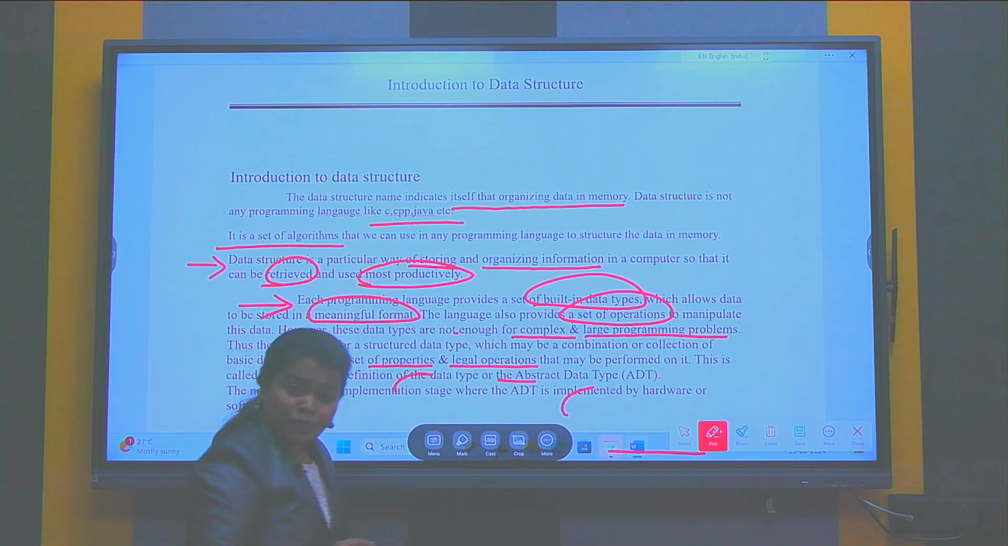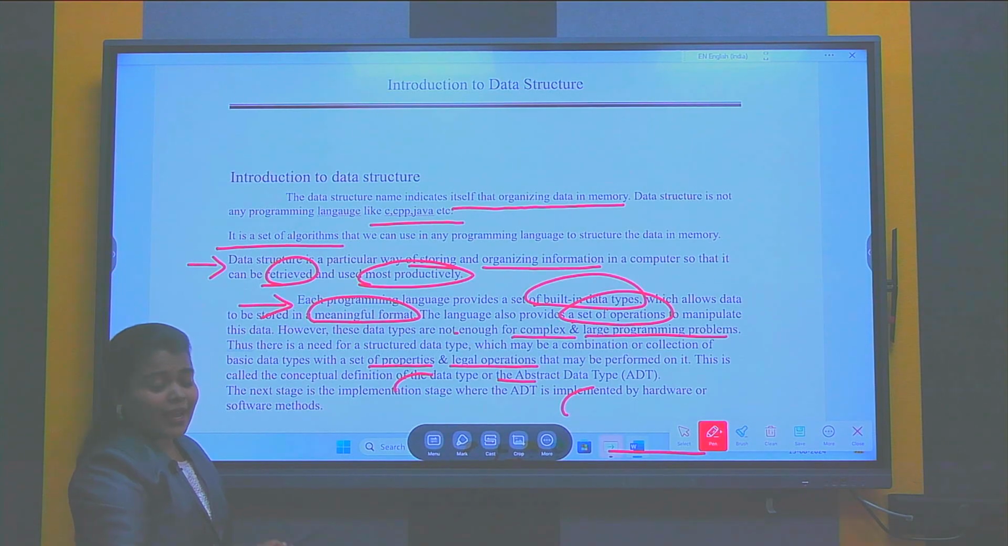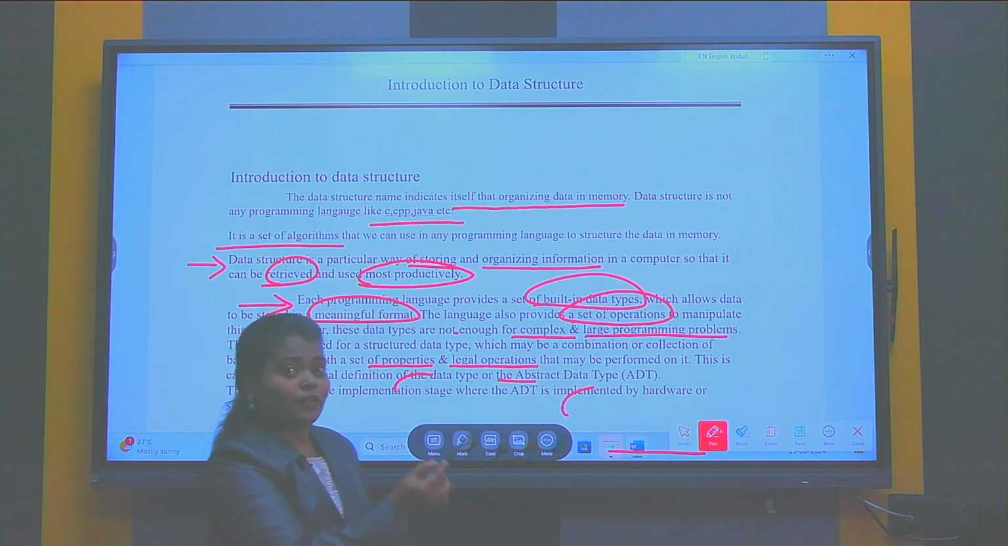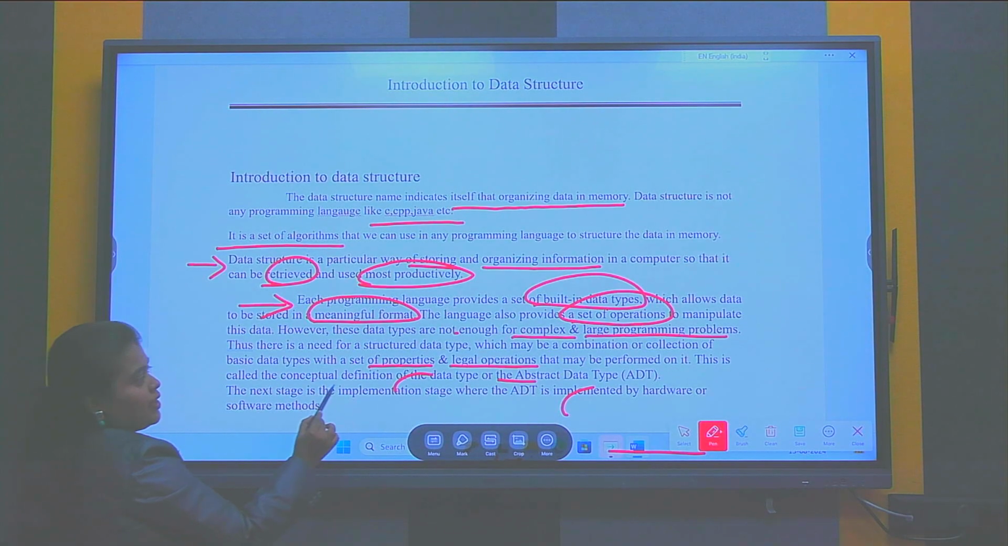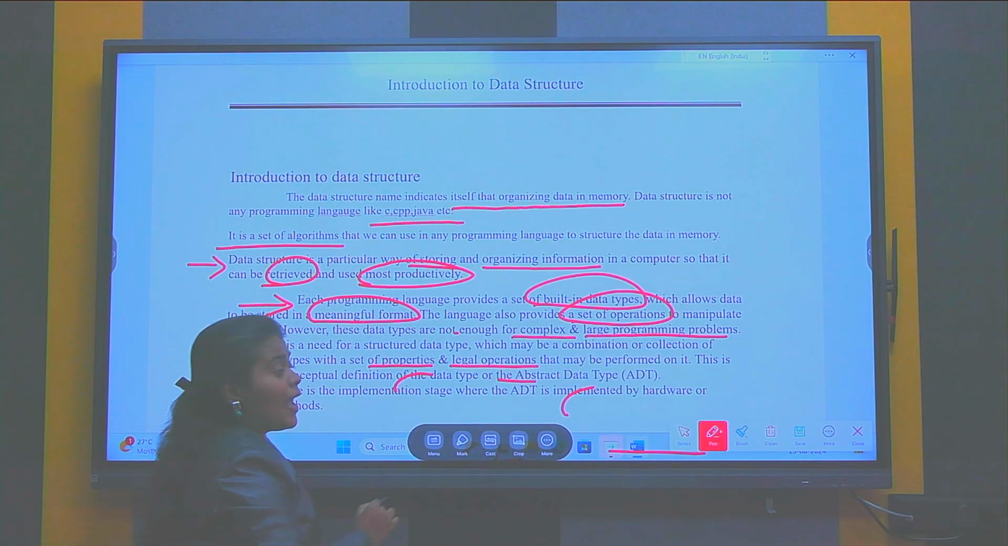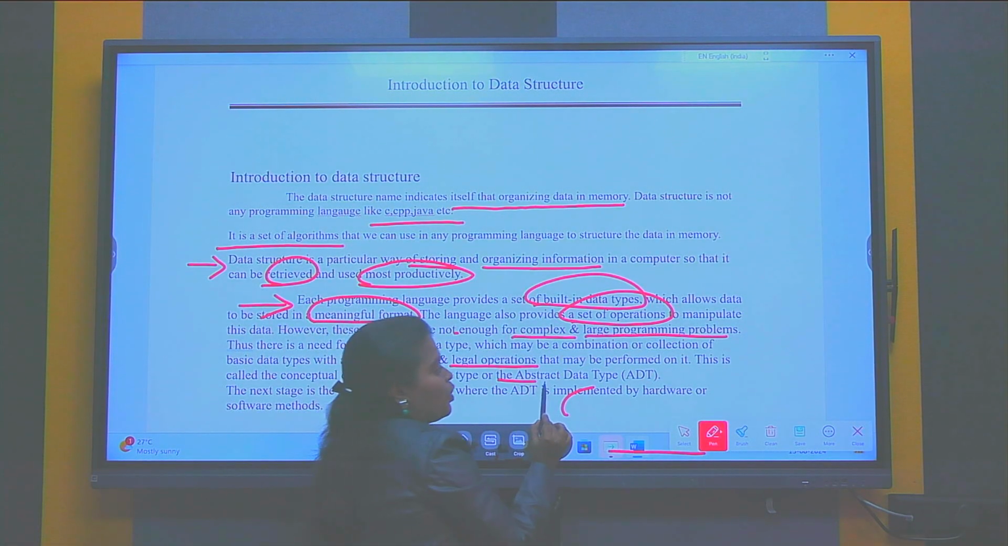This is a very important point that we are going to learn. Here we are using a set of properties and legal operations that we perform on our data. This is called the conceptual definition of the data type, or the abstract data type. Now here we are using the concept of abstract data